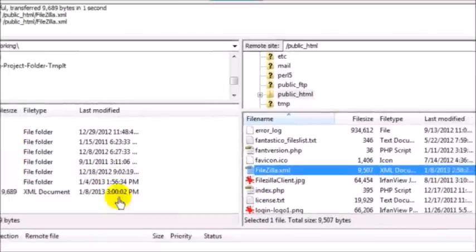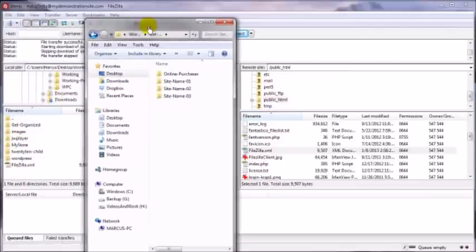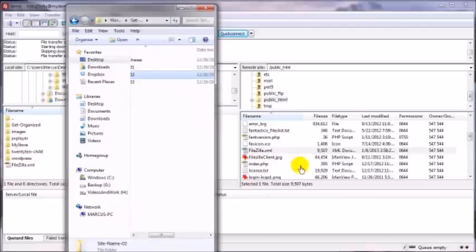Now, in addition to transferring files from the left pane or the local site here, you can also do it from your Windows Explorer. Let me demonstrate. And here is my Windows Explorer. This is the desktop here. And if I want to just drag this folder into the server,